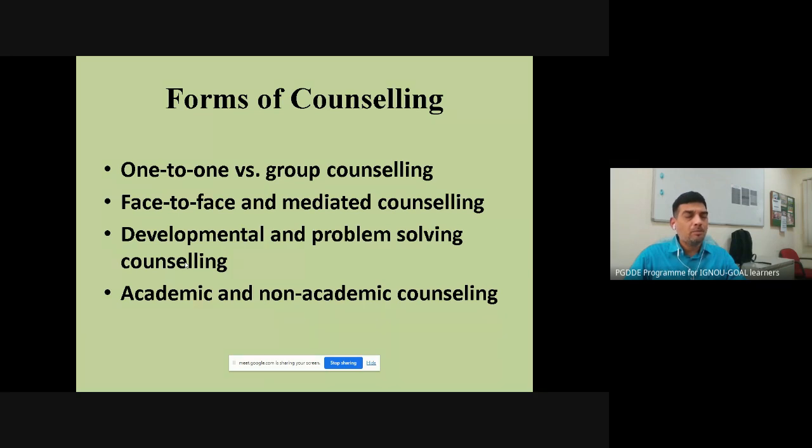Okay, for example, if admission for a particular program is going on and there are 30 or 40 learners who have shown interest and would like to join that program, then the counselors may call them together and conduct a group counseling where the counselors can talk about that program or courses, the assignments, the fee structure, the assessment system, and all the requirements that a group of interested learners would like